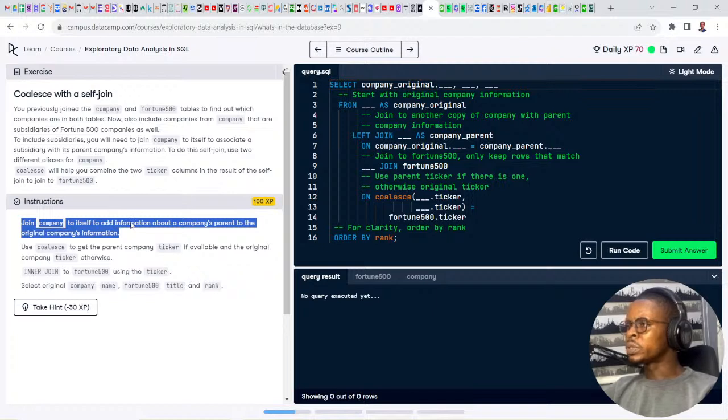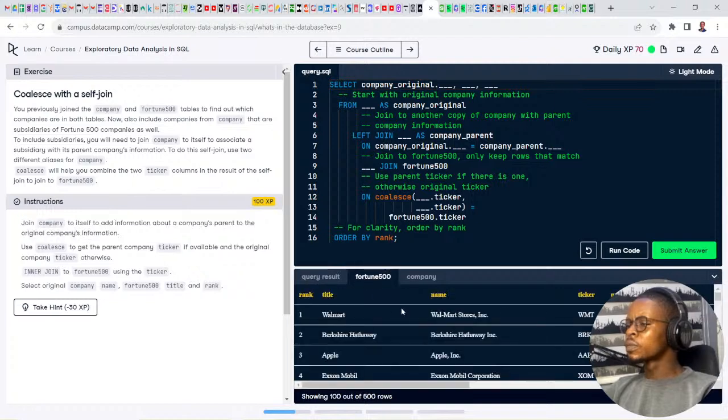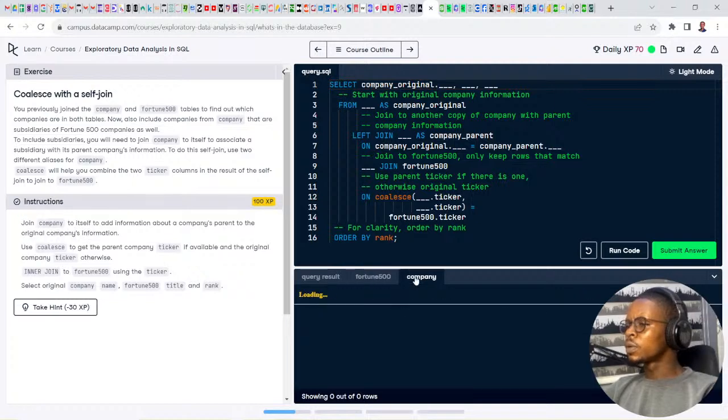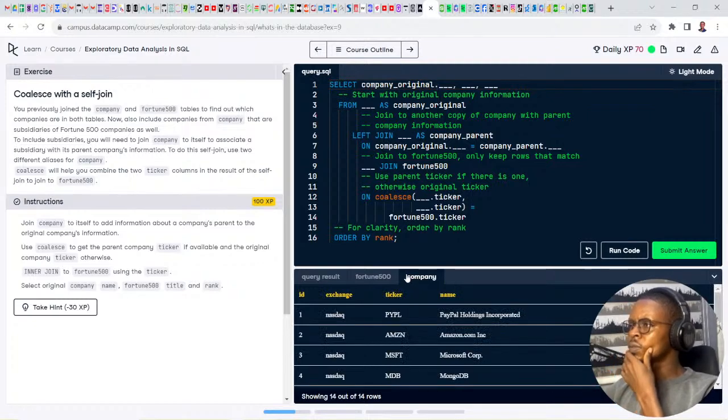As a join company to itself, let's think, how do we solve this?